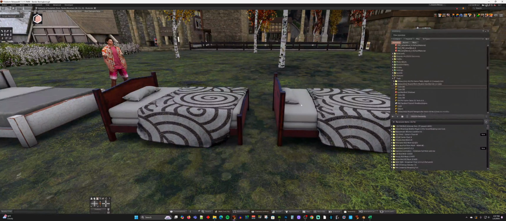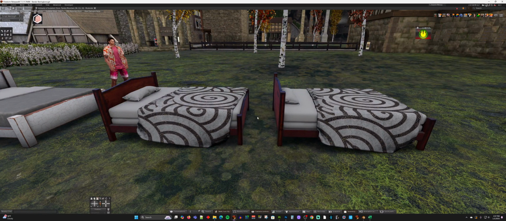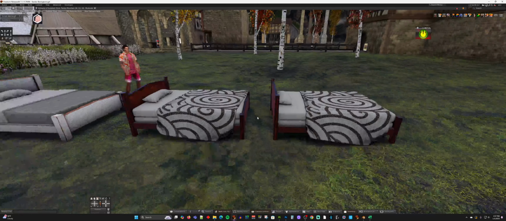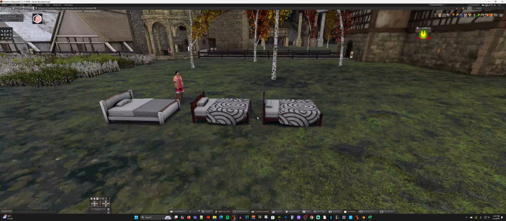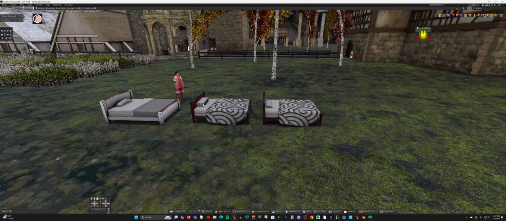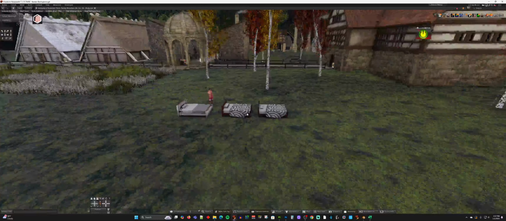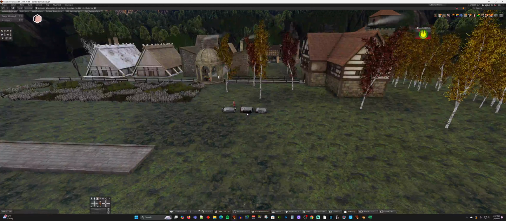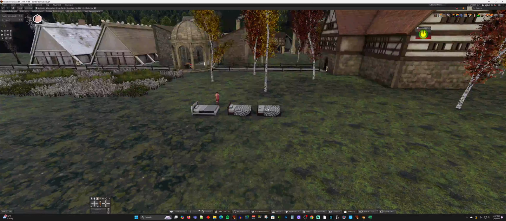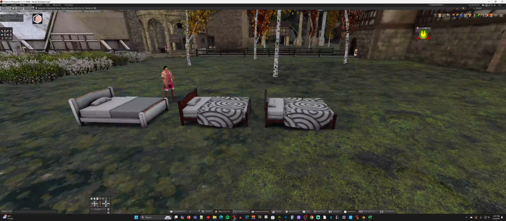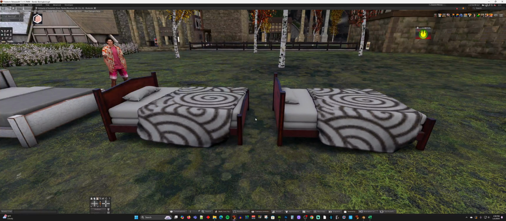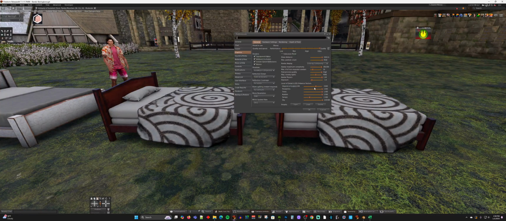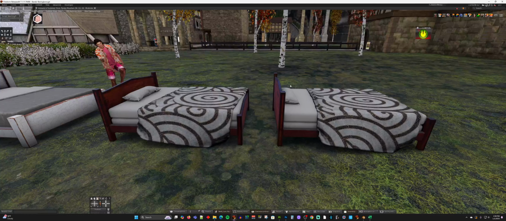Okay, there's the 2 different versions of the bed. As I go away, that happened much faster. This one looks better. In any case, in both cases, even with my LOD setting wrong, which was the test,